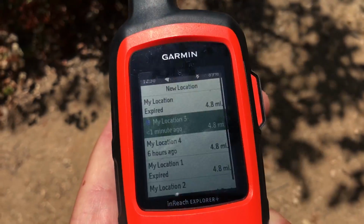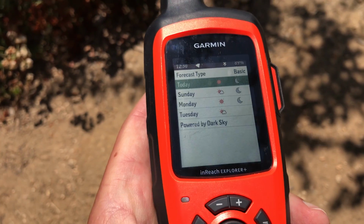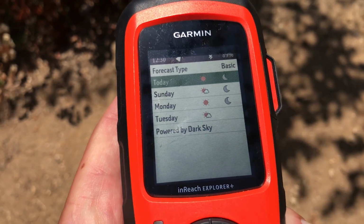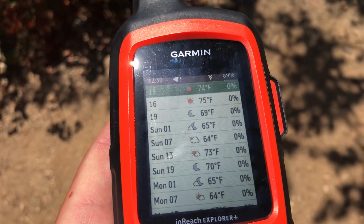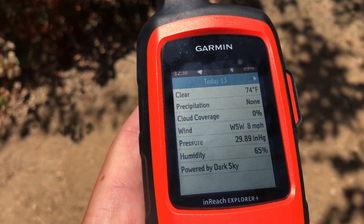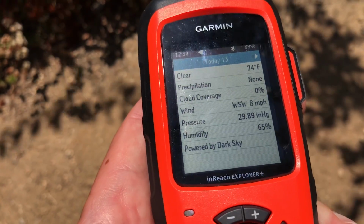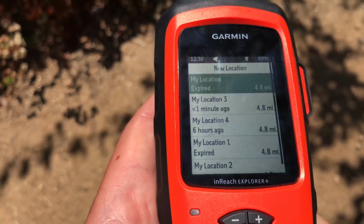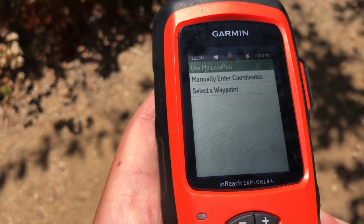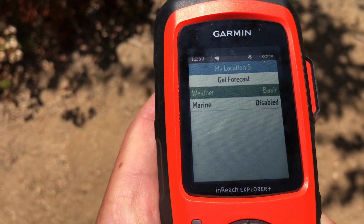So here I just requested one, and if I go in here I can look at it. It gives me the weather for the day, and then I can go into that, and I can get it in 6-hour intervals here. And then if I go into the 6-hour interval, I get a very detailed weather report. So that's pretty cool. Now when I request one, let's go here, new location, use my location so it'll get a GPS fix. Now I can select premium weather,